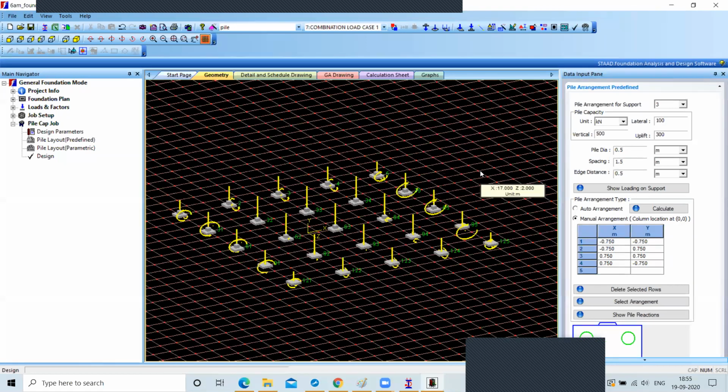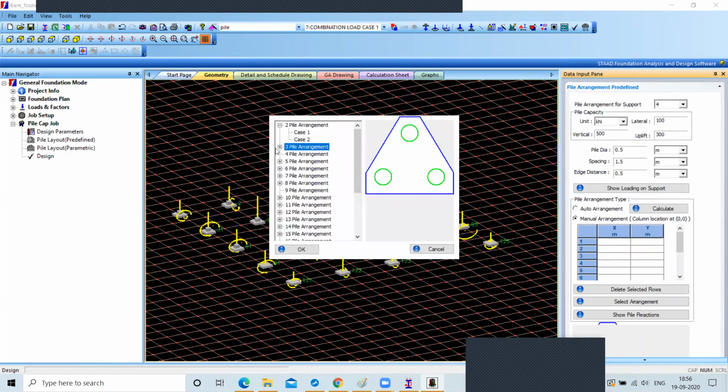Here I am choosing different ones because I want to show you that you can choose other arrangements also. If you are going for a two pile arrangement, you can choose all the supports as two pile arrangement.